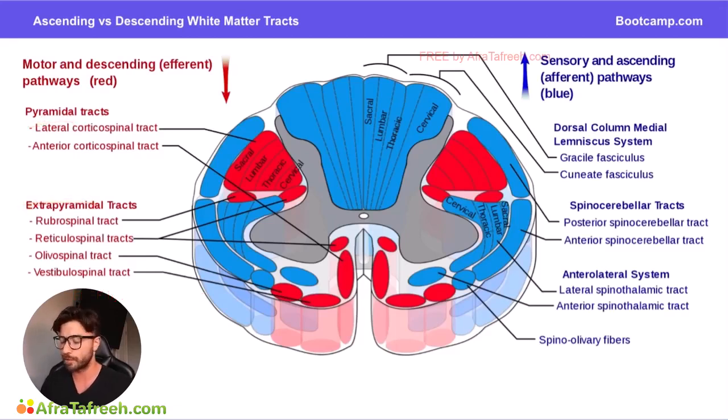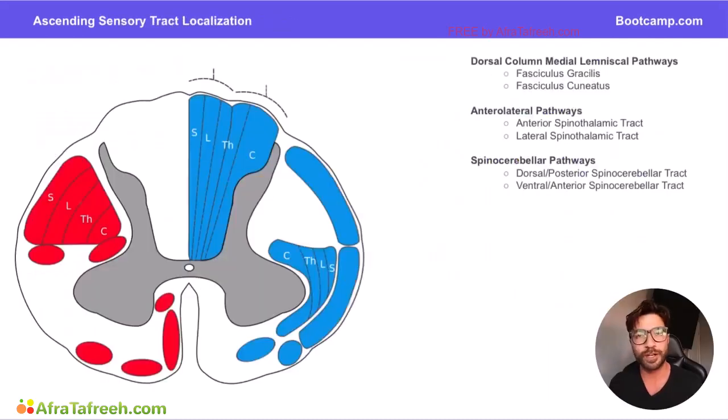Now, you can see we also have the sensory or ascending afferent pathways, and these are divided into the dorsal column medial lemniscal system, as well as the spinocerebellar tracts and the anterolateral spinothalamic tracts. So we're going to identify these and break these down in the next couple slides. So starting off with the sensory or the ascending pathways, you can see they're found on the right side of the diagram